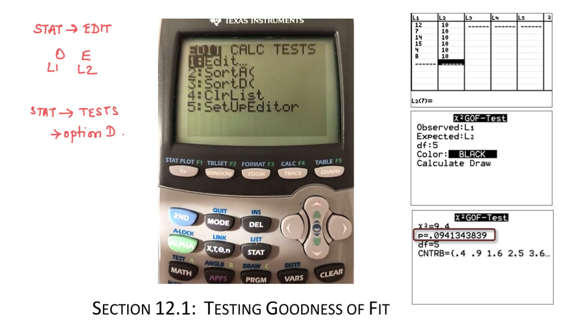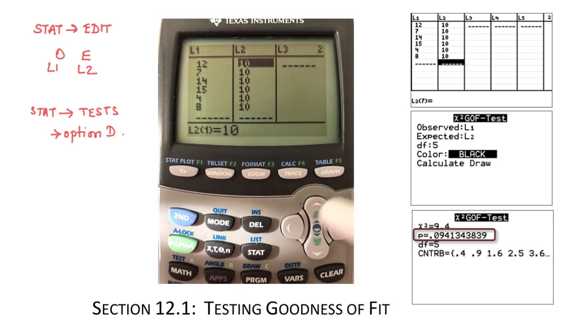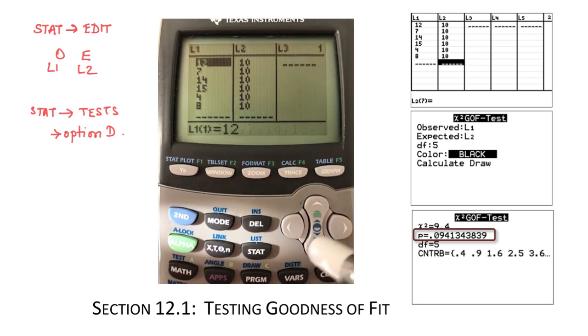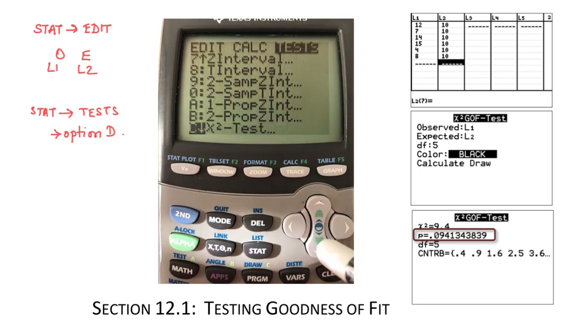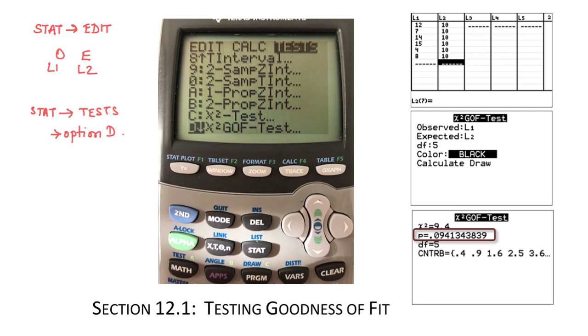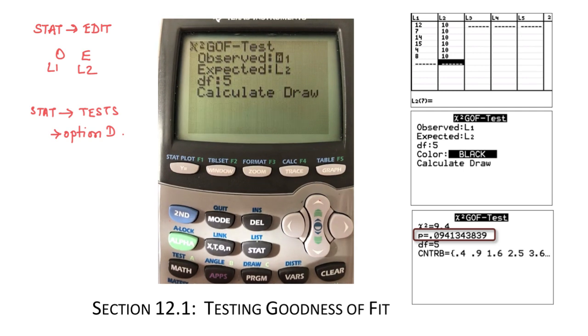First press Stat, then Edit, then enter observed and expected values in L1 and L2. Then press Stat, then highlight Test, then use the arrow key to choose option D, the chi-square goodness of fit test. Then observed, enter L1, expected, L2, degrees of freedom 5, and highlight calculate and press enter.